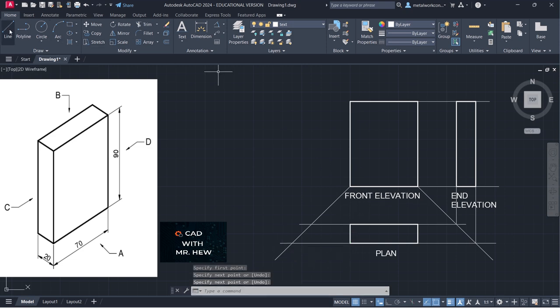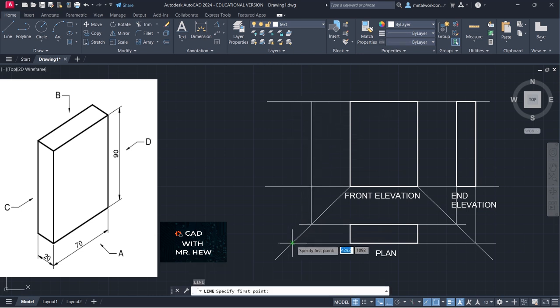What we're going to do from the front elevation, we're going to draw a line across, coming across like that, and a random line which is tall enough so that we can draw our end elevation. Enter. Enter to get the last command. And all right, let's go again. From this point, enter. From this point,